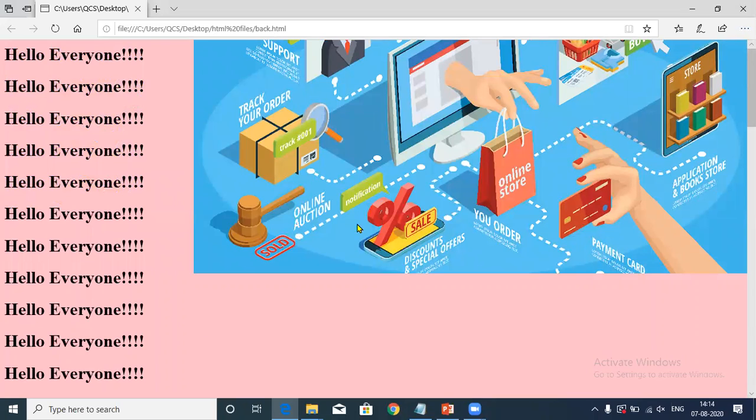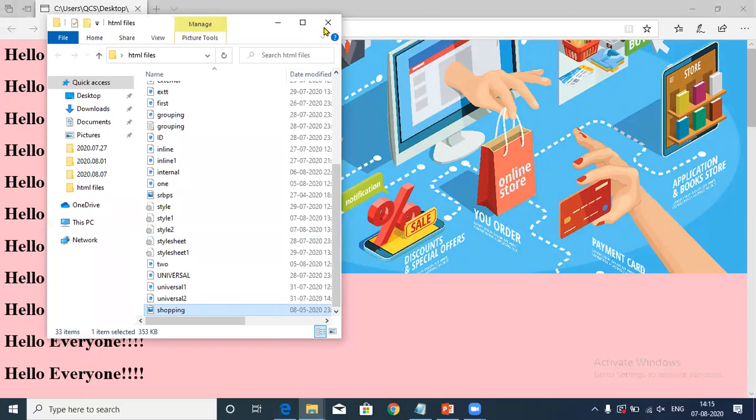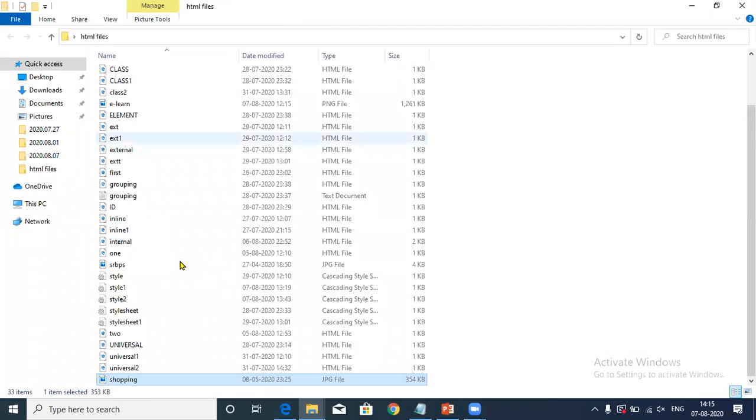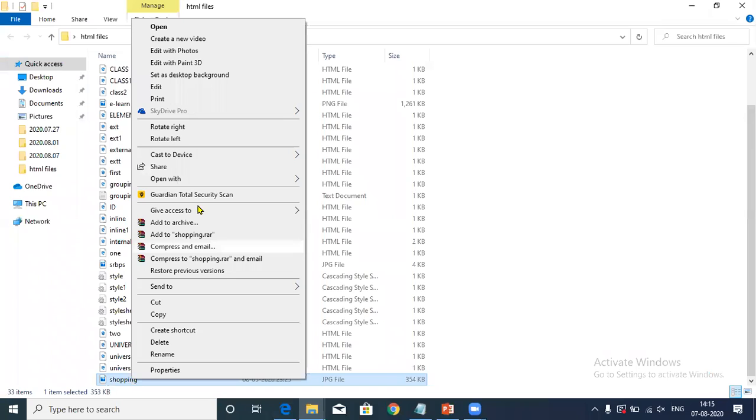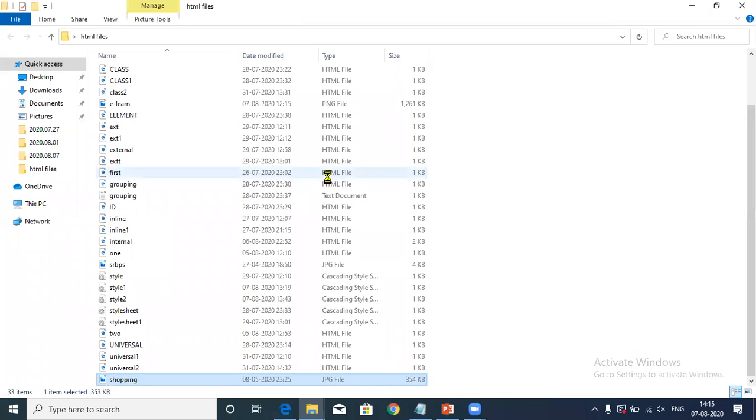Now if you want this picture to be adjusted within the complete window area, on the complete screen, how can you do this? You need to go to your folder. This is where all your HTML pages are saved, where your picture is. Then you will right click on the picture and open that picture in Paint.